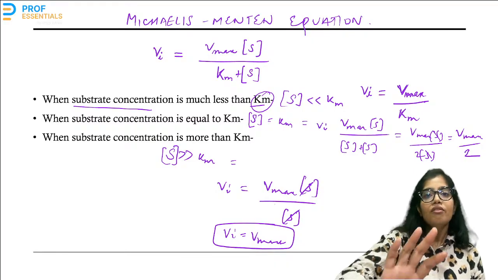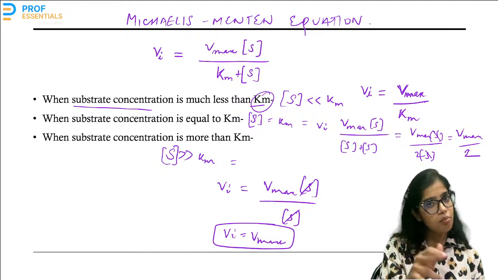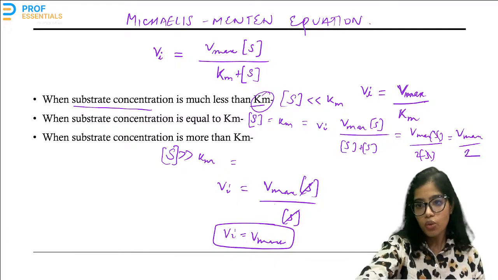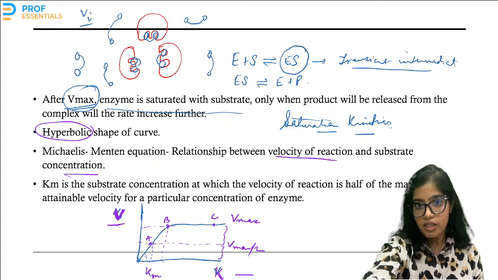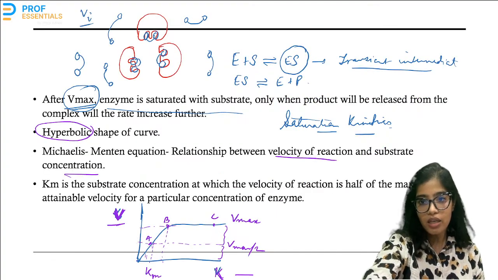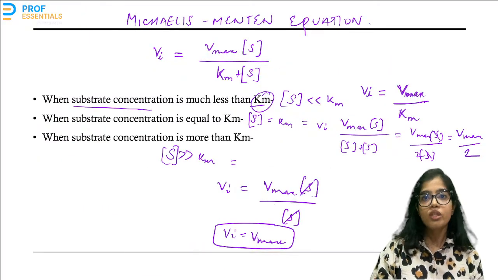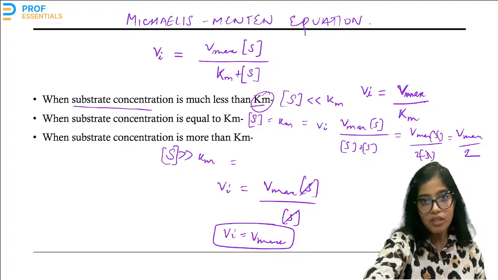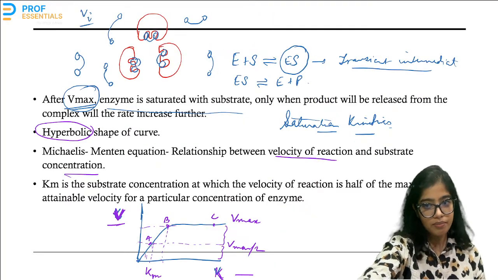Okay, very, very important, Michaelis-Menten equation. Okay, Vmax into S upon Km plus S. Okay, so you should know the Michaelis-Menten equation. You should know how this enzyme velocity by substrate concentration curve works. So this is extremely, extremely important for you guys. Okay, understood? I hope this is clear to you. I hope you know how to draw this curve. Okay.